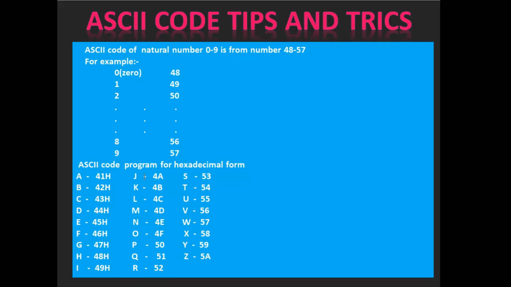The ASCII code of J is 4A, K is 4B, L is 4C, M is 4D, N is 4E, O is 4F, also P is 50, Q is 51, R is 52, S is 53, T is 54, and U is